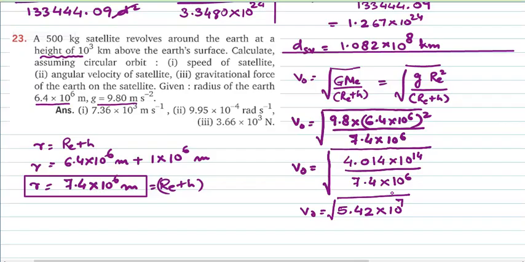Root of this thing, you should get the answer. It should come out to be 7.36 into 10 to the power of 3 meter per second. Or 10 to the power of 3 is nothing but kilometer. So you can even write this answer as 7.36 kilometer per second. Is that clear? Now to find out the angular velocity,